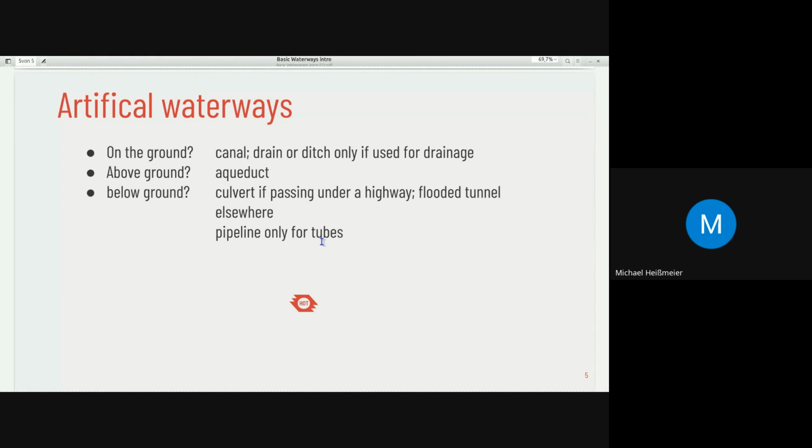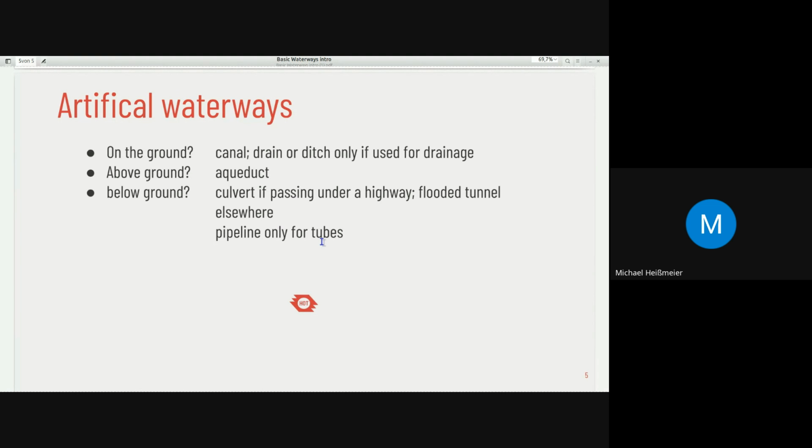And yeah, there's, of course, a third way of highways intersecting with waterways. We not only have tunnels and bridges, but as Ralph already explained, there are also fords.